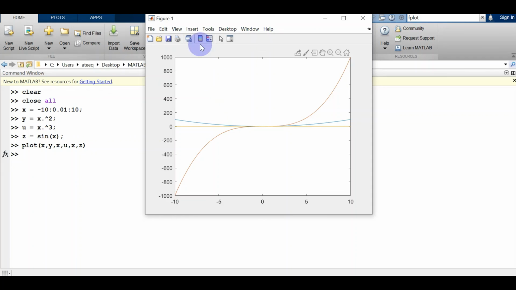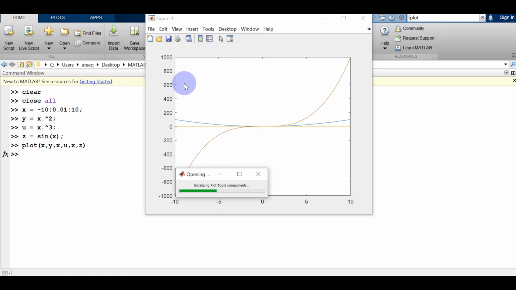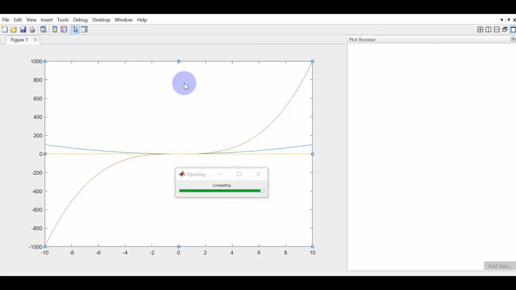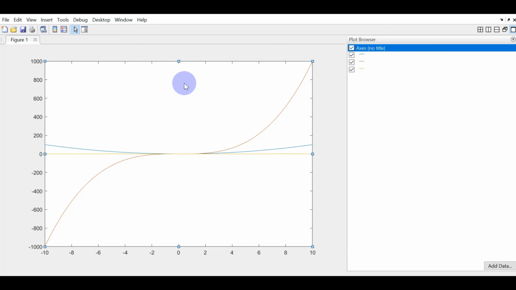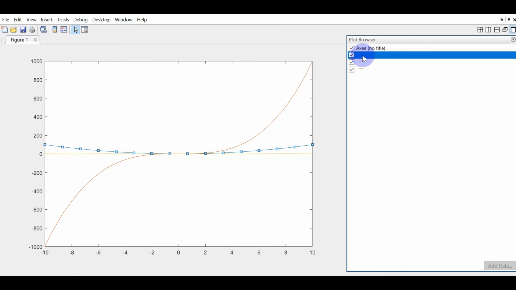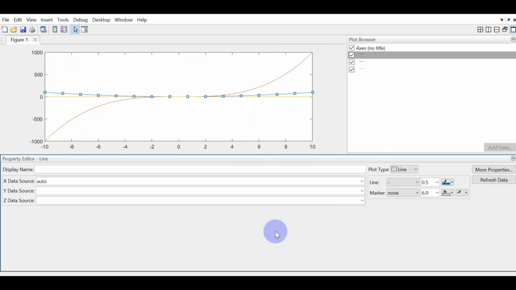When you have this plot window in MATLAB, click on view and then move to the plot browser. It will open a new window for you. In that window you can play with your plot, whatever you want to do, you can do it here. When this window opens, you can click on the curves from the right hand side. Like this is the blue curve, just double click on it and you will have something like this. If you want to name it, like the blue curve was, I guess it was the parabola, so it was the graph of y is equal to x square. I'm naming it here,